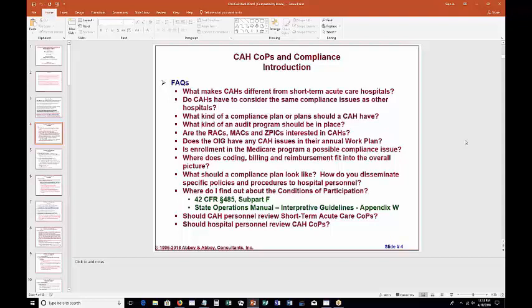Now, do CAHs have to consider the same compliance issues as other hospitals? Well, for the most part, yes. Not always. There are some differences. There's no question about that. But let's take observation as an issue, and observation is an issue that we could spend hours discussing. Yes, you have to make certain that your observation is medically necessary. The observation beds do not count towards your 25 inpatient bed limit. So, yes, I mean, you have to consider many of